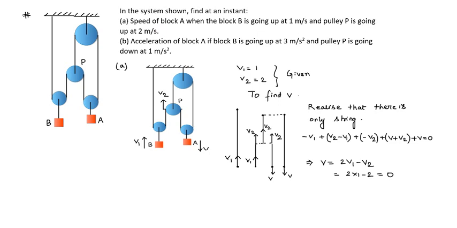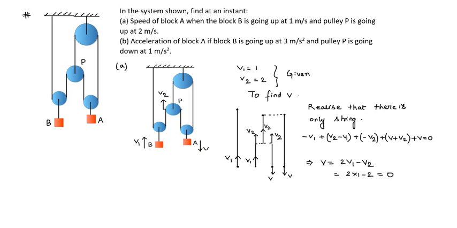So velocity of B I am taking as v1, velocity of pulley it is given in the upward direction, let me consider this as v2, and we need to find the velocity of block A, so I am considering it in the downward direction, let us say v. Now we do not know the direction of velocity of block A, so you can consider this either in the downward direction or in the upward direction. If the answer comes out to be positive, it means the direction that we have assumed is correct, and if it comes out to be negative, it means that the direction that we have assumed is opposite to the actual direction that it must have been.